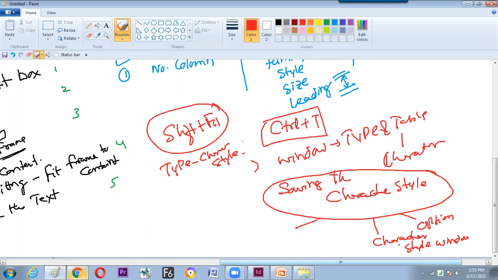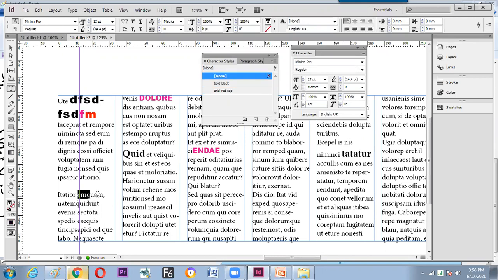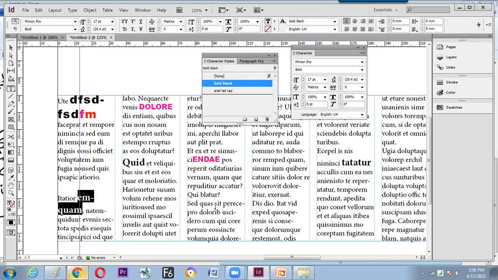Why use character style? To get it remembered permanently, to get it reused, to save time. Now let's check how it works. Come here, now we need red color. Finish. Come here, we need the black one. Finish. So hope we have understood what is happening on the screen, whichever style you want. Is it clear?